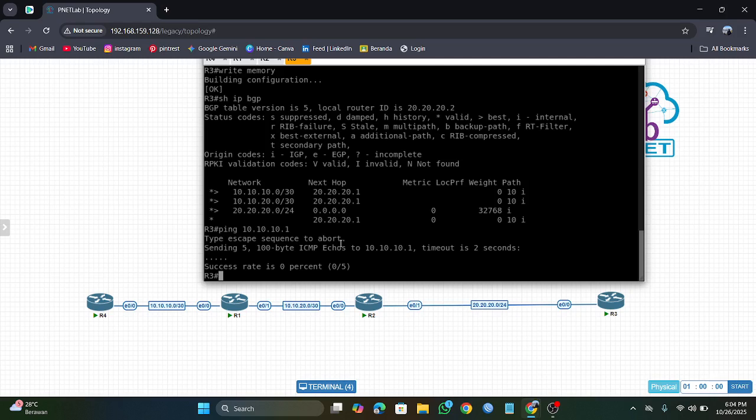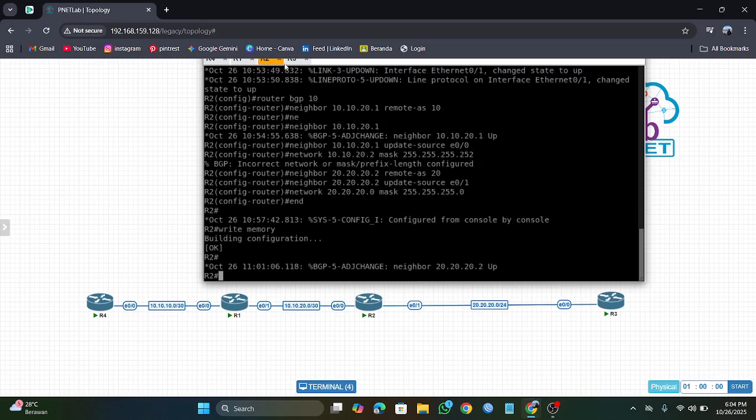Well, next, let's try pinging in this router 2, the left, and see if it works.